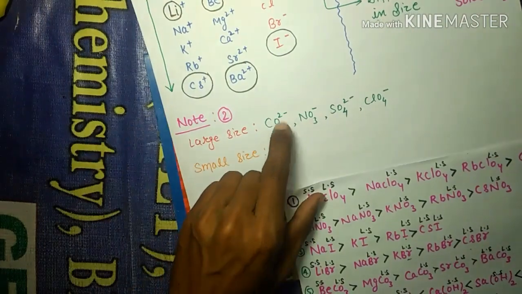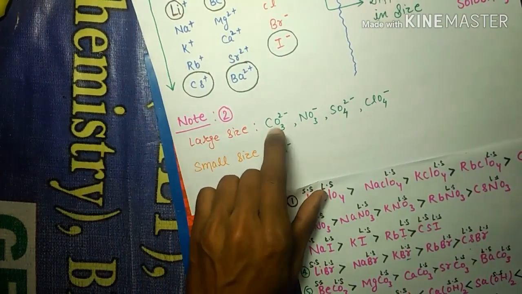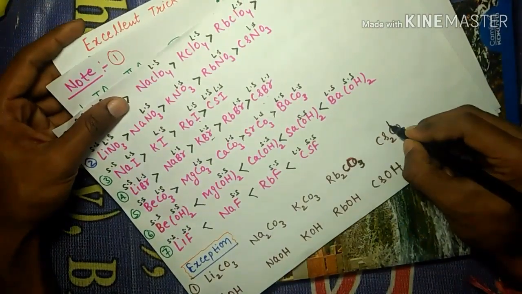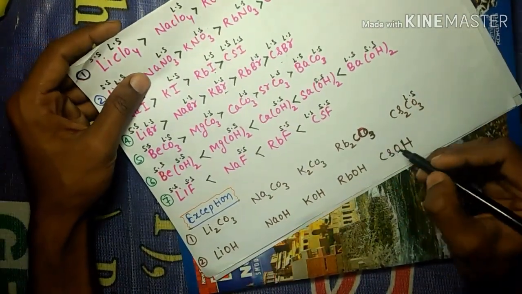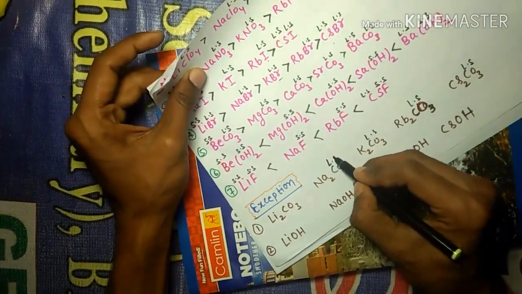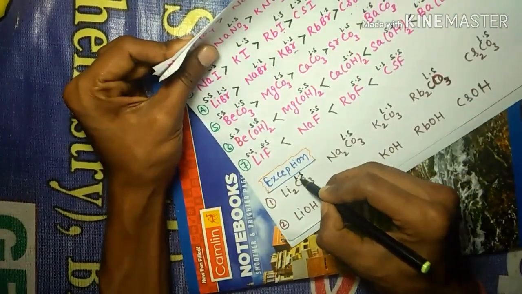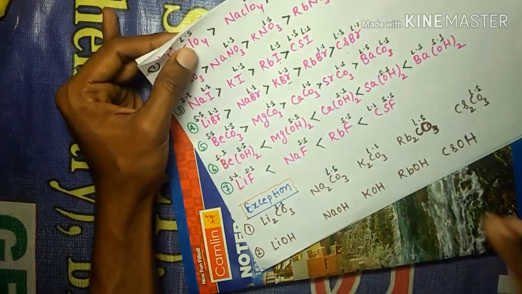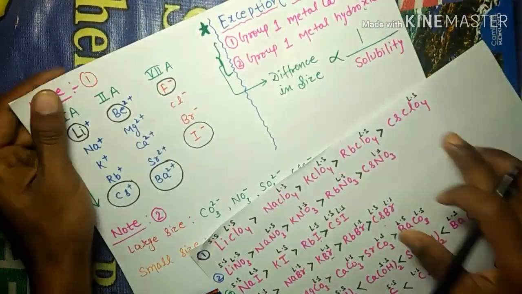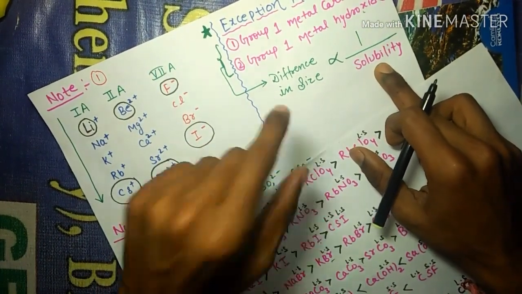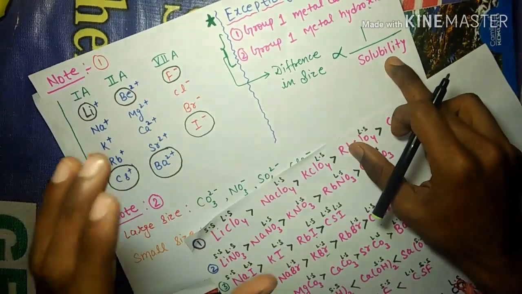and we know that the CO3 2- belongs to large size, okay, so this is the large size and this is also a large size, and this is also a large size, and this is also a large size, and this is also a large size. Now we have to see the cations, okay, we have to see what, for the more solubility, less difference in the size, मतलब कि अगर हमें